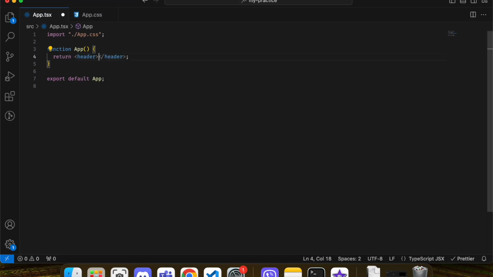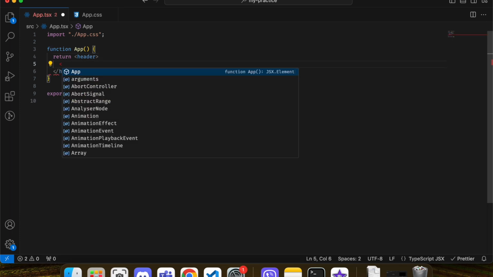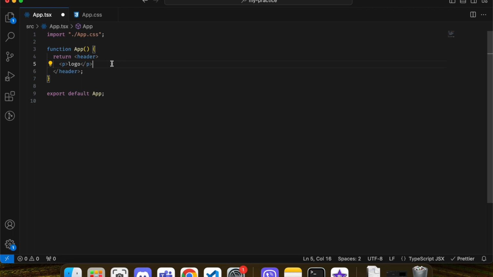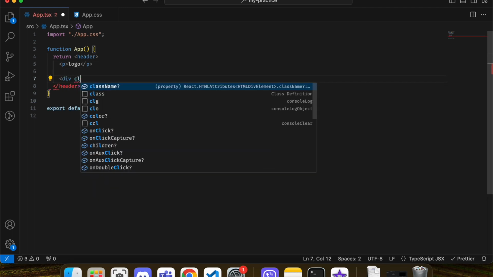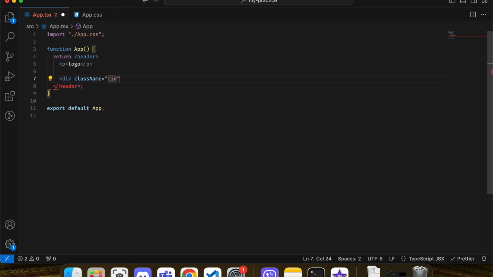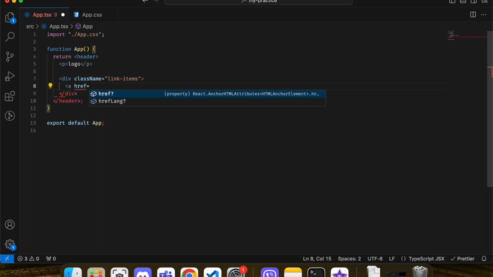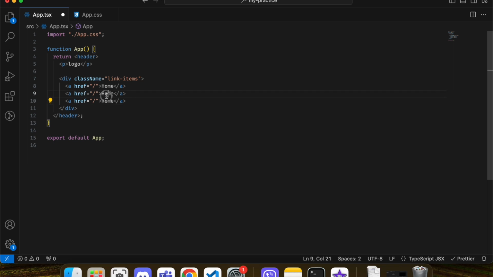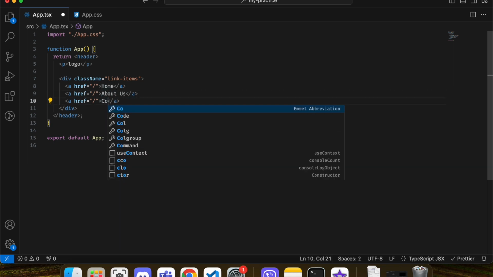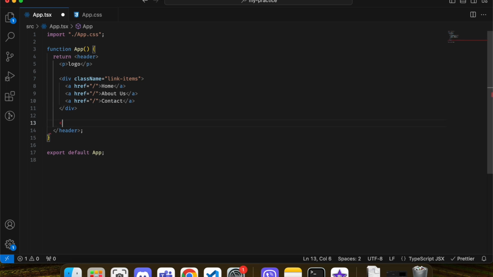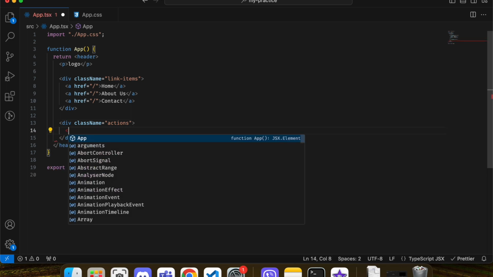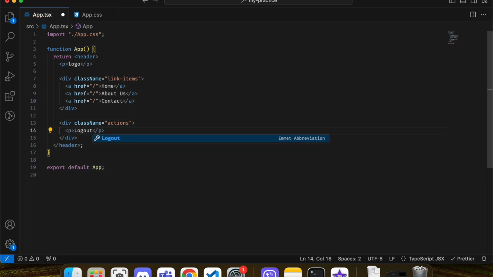So let me add a few elements in here, for example, I have a logo here, and I have a div which contains link items that are present in the header, and let me name the class name link items, and here the links will be home, about us, our contact. And next, let's add another div that has a few action items, for example logout action, and let's save